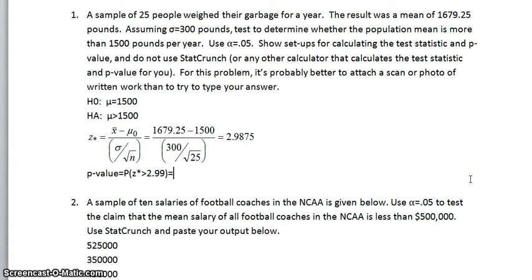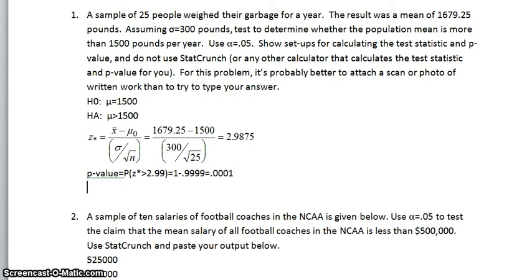But keep in mind we want greater than, and the table gives us less than, so we have to do 1 minus. If you need a review on that, this is in the standard normal section. So that's 0.0001, so that's your p-value, and you always reject H naught if the p-value is less than, let's see,